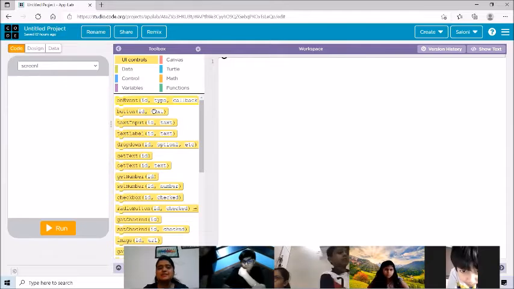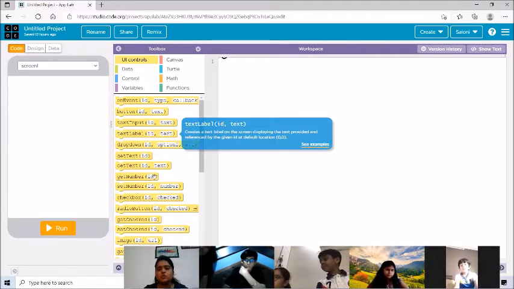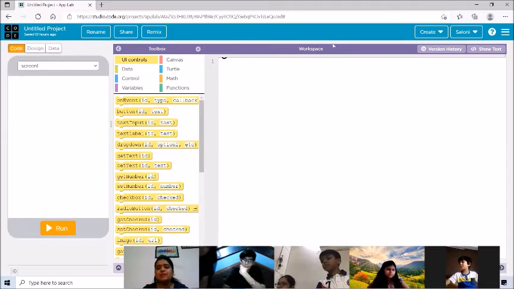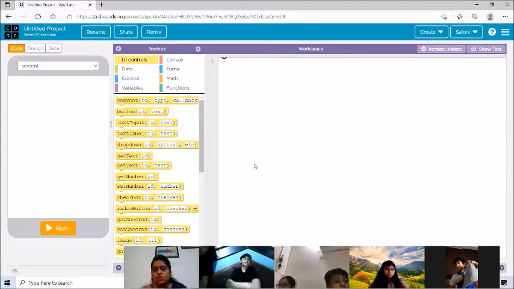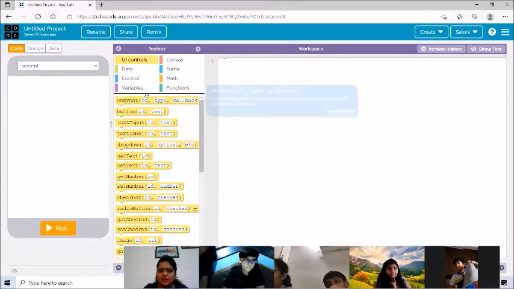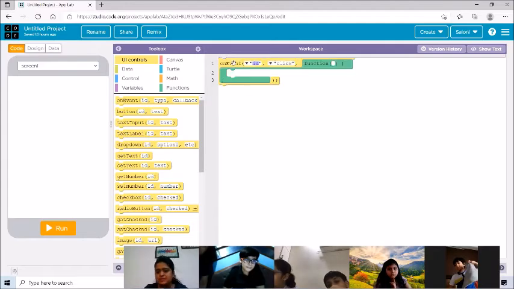In the center, we have the commands that we are going to use. Obviously we'll have to use some commands to make the app. On the right hand side, we have the workspace. The workspace is like your notebook. The way you write with a pencil on your notebook, here you just have to drag the commands and drop them on the workspace.